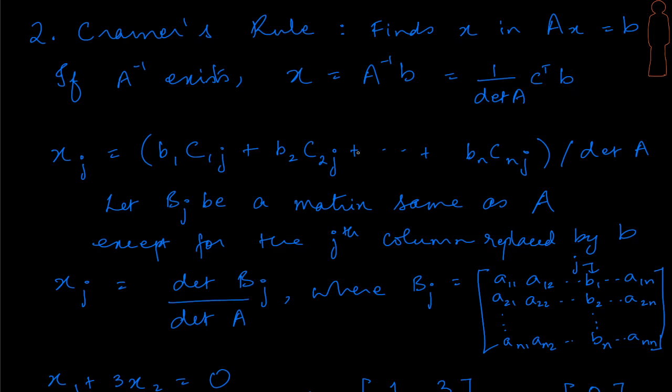I know B vector is going to be simply B1, B2 up to Bn. Look at the jth row of C transpose, that has got to be the same as the jth column of C. And how will the jth column of C look? It will be C1j, C2j, so on up to Cnj, right? So this is the transpose, and therefore these are the exact cofactors that are coming from the jth column of my cofactor matrix. So this is the entire summation, and we need to divide that by determinant of A.